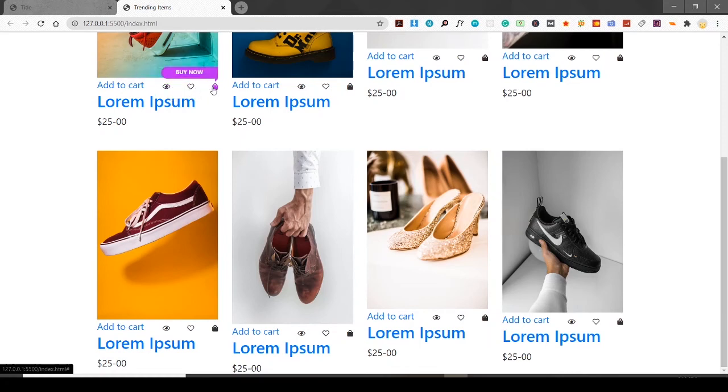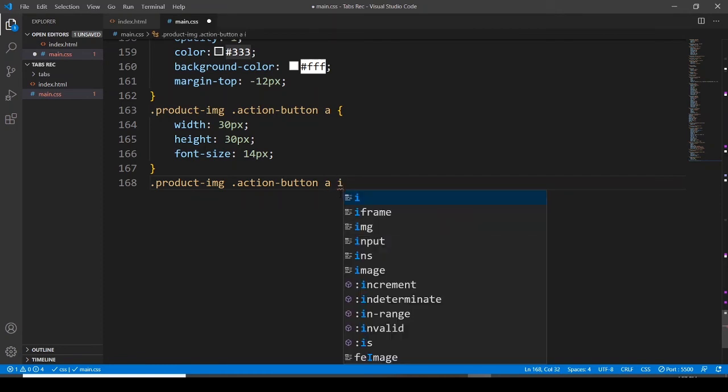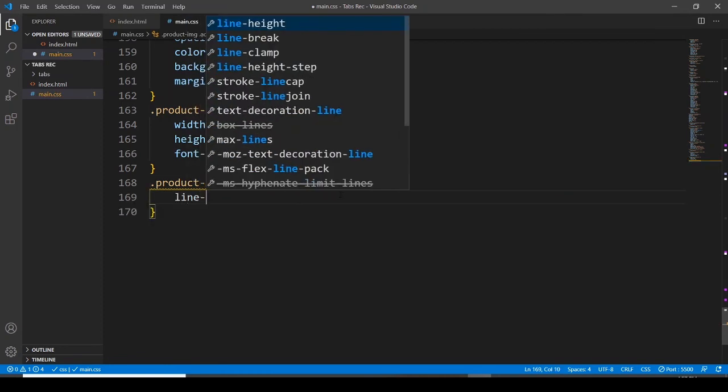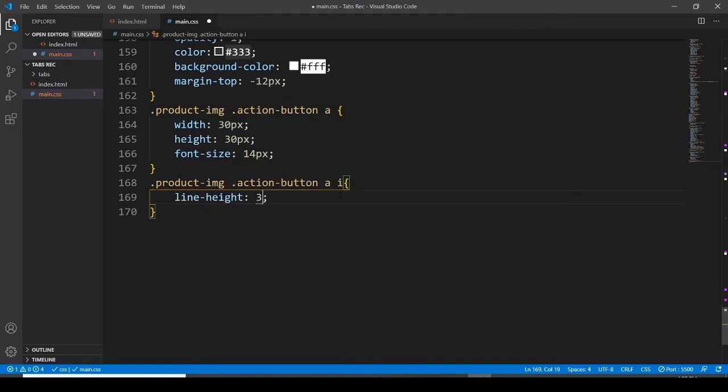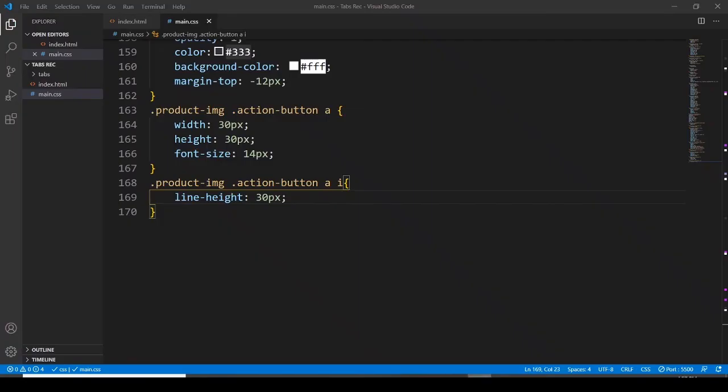Okay, it's working here. Yep, looking great. Well, you know what next is, let me get this selector. I'll paste it here, and I want to use an icon, and for this line height 30 pixels. Let's save it and let's see. Yeah, it's fine. Okay, and